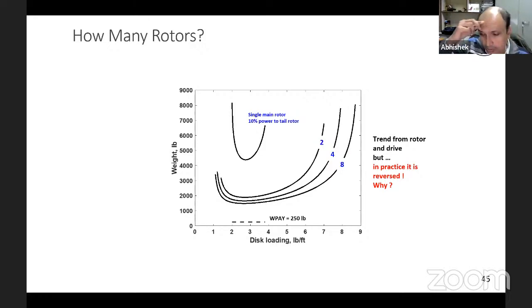Further, when I go to smaller and smaller propellers, the aerodynamic efficiency also tends to decrease. So that drives my power requirement up slightly, and that adds to my battery weight. And in some sense, you finally realize that there is an optimal point where, with some number of rotors, you will be in a sweet spot where you don't have the penalty of having to use a very large heavy motor, and on the other side you don't have the penalty of having too many small motors, which increases your airframe weight significantly because of the extra support structures,